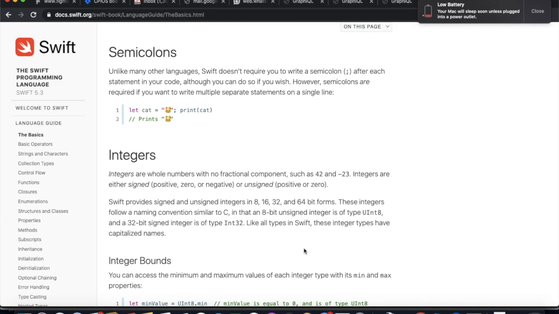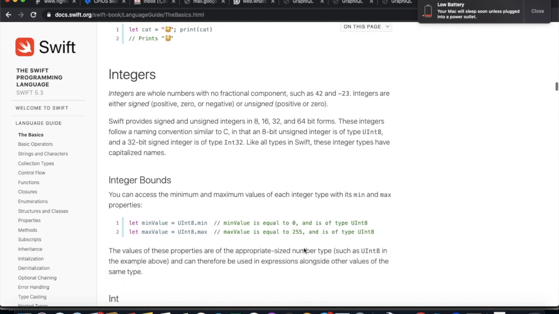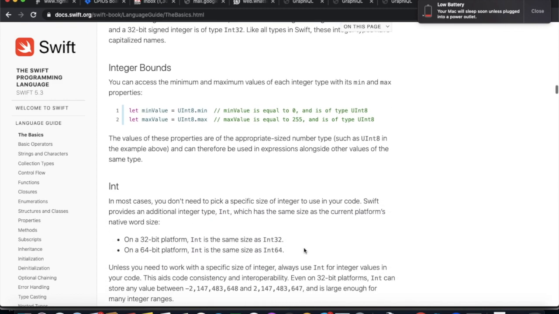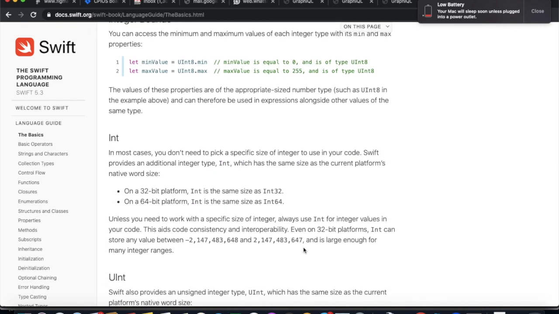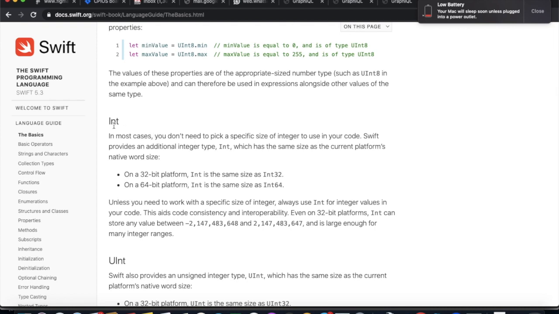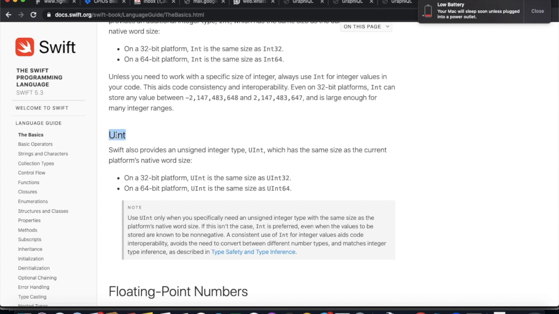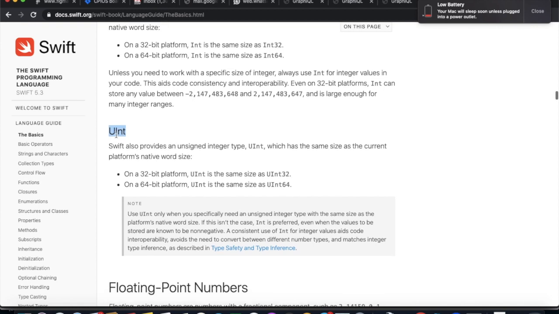What are the basic data types Swift has? Swift has integers. Integers means the numbers, any number. It can be zero, a positive number, or a negative number. To declare an integer, we use Int. Then unsigned integers. An unsigned integer only has positive numbers, it cannot be negative.